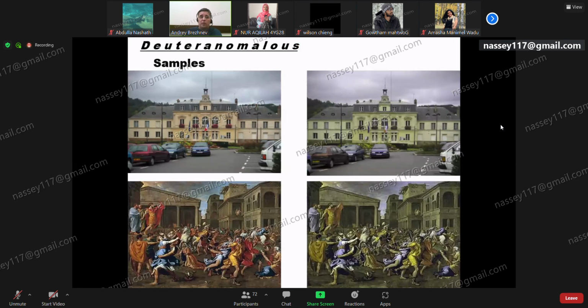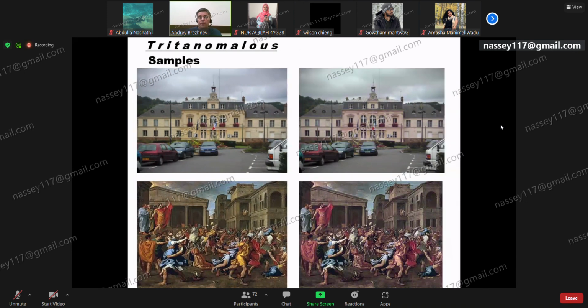One more example, deuteranomalous. Here you see the problem with the green color perception. One more patient, and one more patient who created a copy of the original picture with the wrong perception of the green color, and the patient with the wrong perception of the blue color, and you can compare the normal condition and how it looks from the eyes of the patient with the so-called tritanomaly, anomalous perception